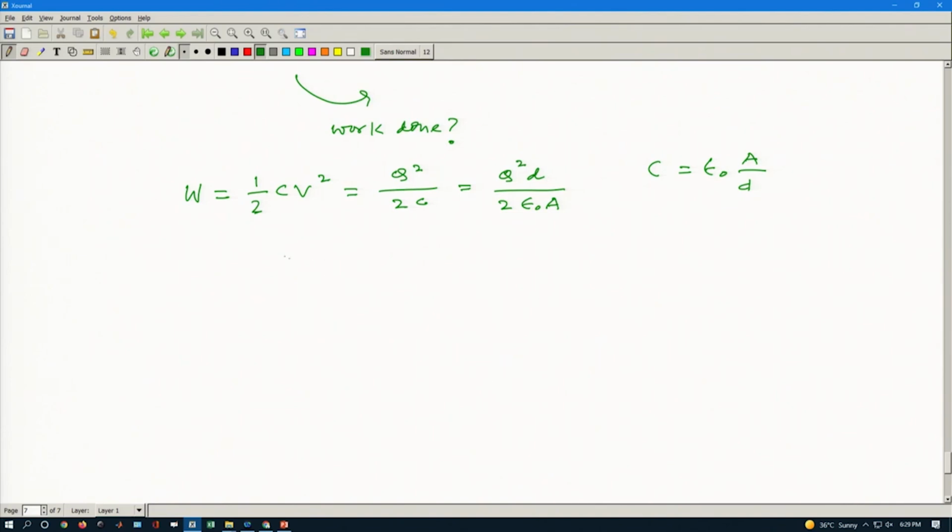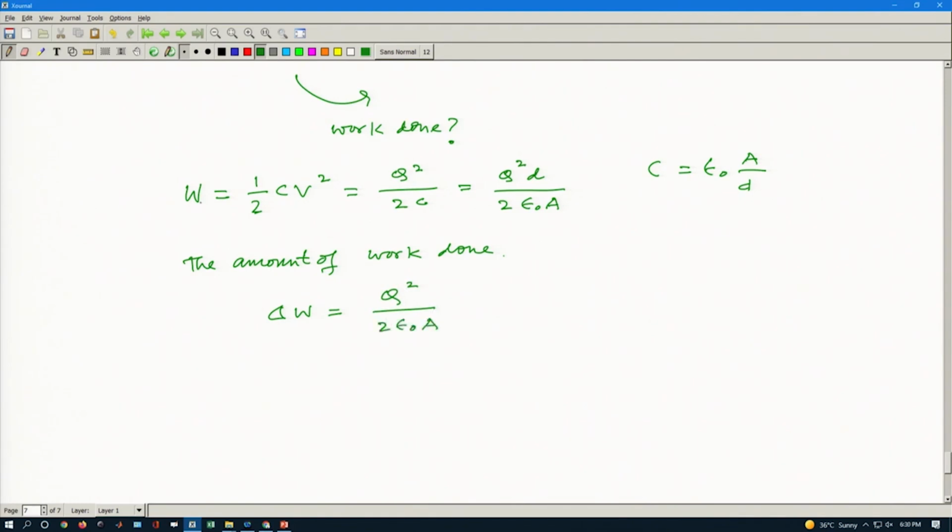So, the amount of work done, delta W, is equal to Q square divided by 2 epsilon 0 A